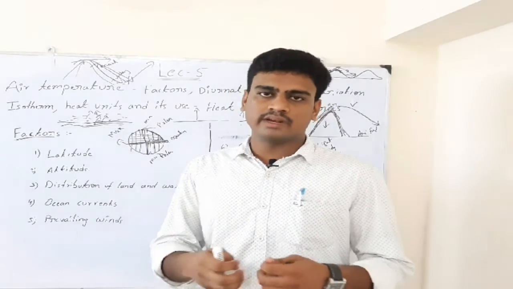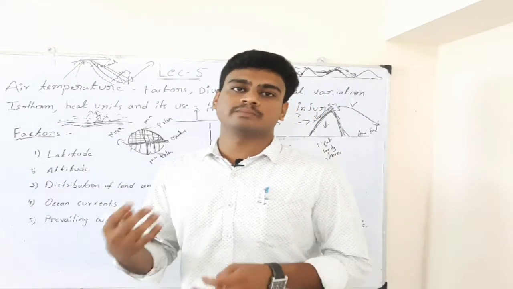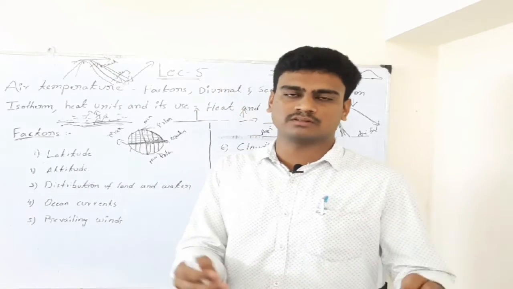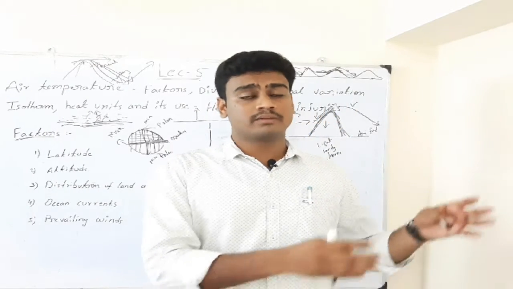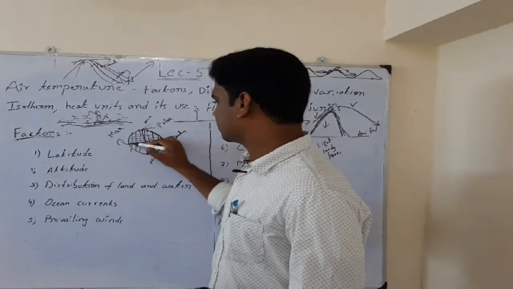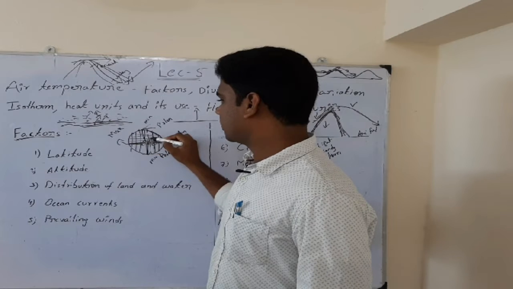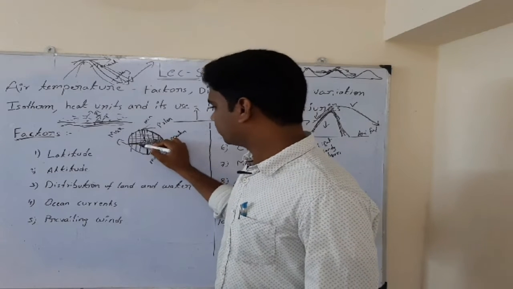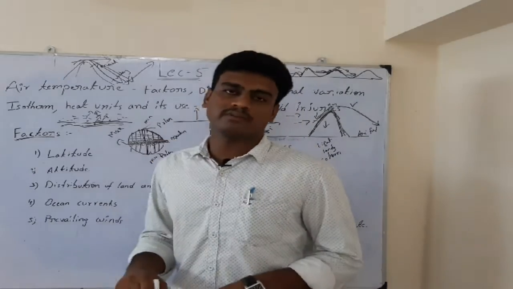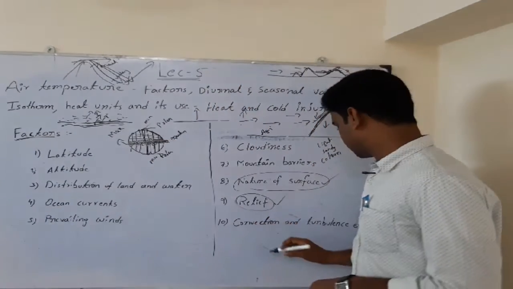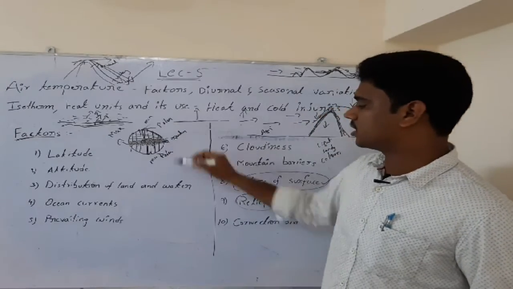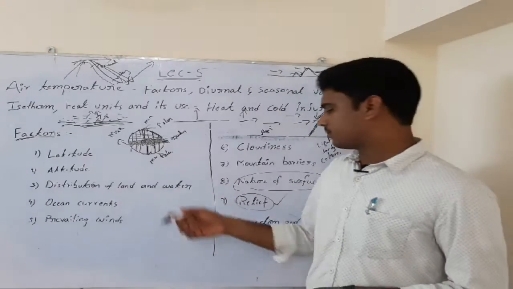When expansion is happening, automatically pressure will be created. When pressure is created, then air cannot stand at one place, it will move from one place to the other place. How? From high pressure to lower pressure. So from high pressure to lower pressure near the equator, wind will move and the temperature will be transferred from one place to the other place. So near the equator, air temperature will be affected because of turbulence. That movement of air from one place to the other place near the equator we call turbulence. I'll tell that in detail in the upcoming classes.